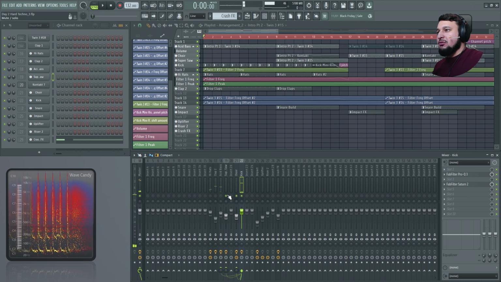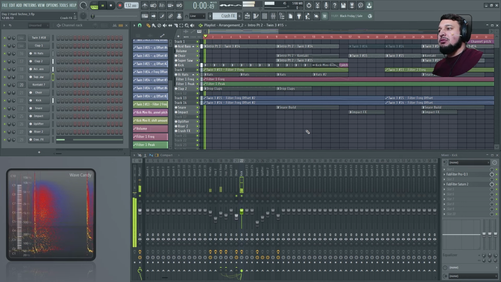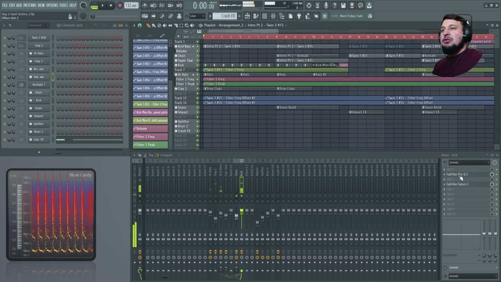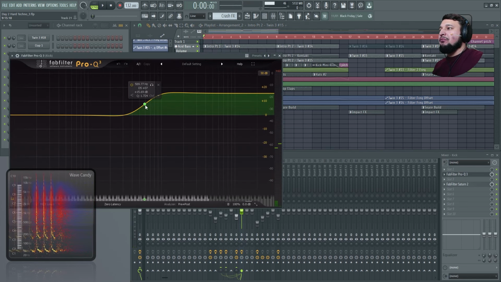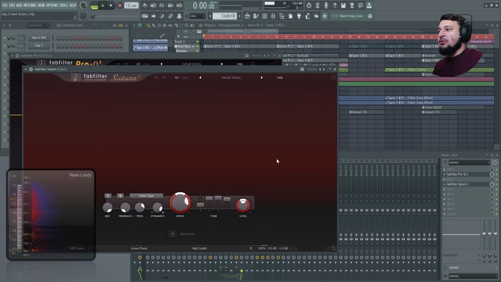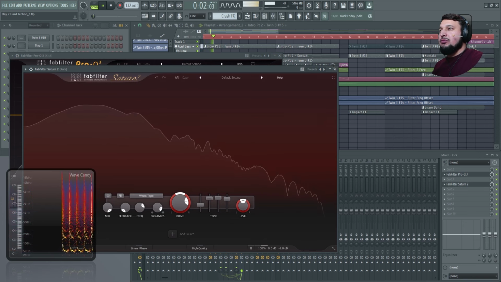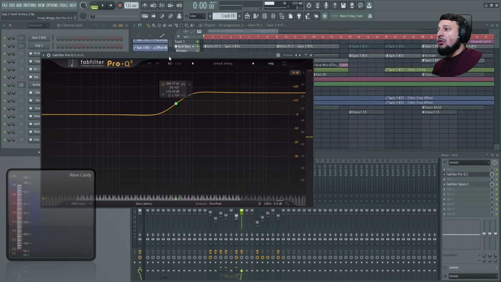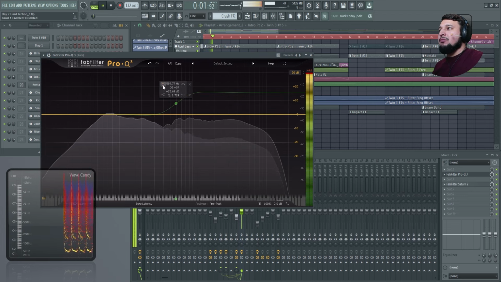Let me just mute the other instruments. So we have a kick, and I added a Saturn 2. Sorry, an EQ. And with the EQ, I'm doing around 500 hertz. I'm doing a 15 dB boost on the high end. Without it,